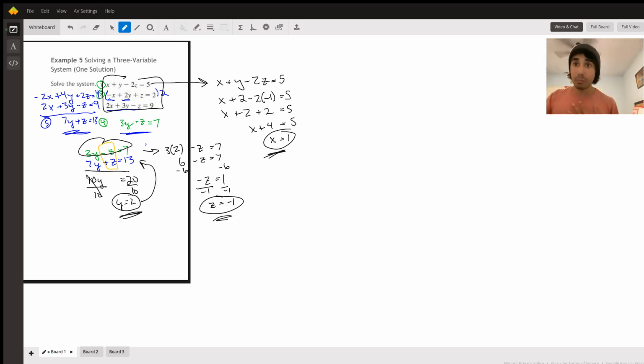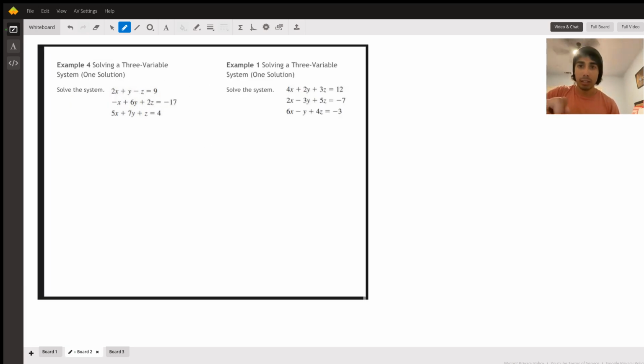Okay, so in my opinion, the trickiest part is that very first step where you've got to eliminate a variable to where we have 2 equations and 2 variables. Hopefully from there, it's getting a little bit easier. If it's not, go ahead, check the Friday video, check those notes, because you got to get good with that. And if you're struggling with that, it'll be a lot harder to grasp this. So I recommend checking that first. All right,